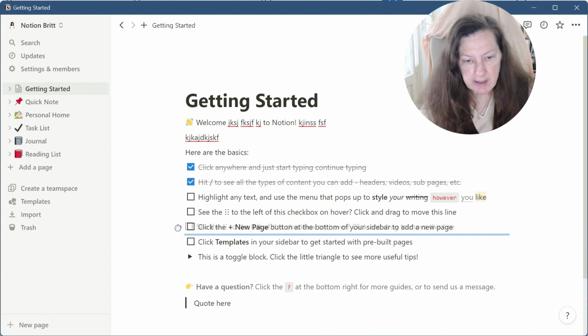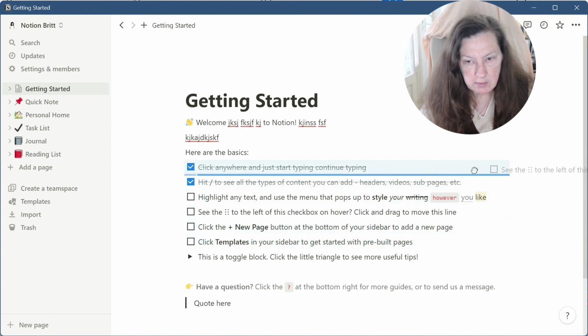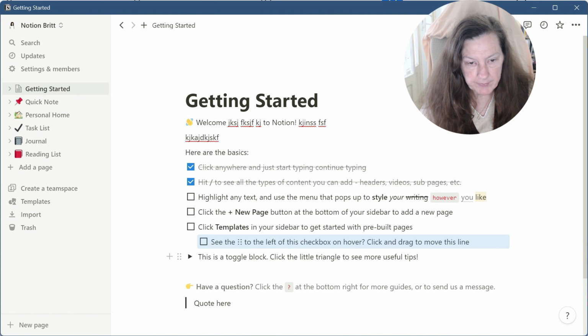And you can see where I'm going to place the line, because it shows a blue line where it's going to be. So it can either be below one of the existing lines, or if you drag it all the way out, you can even add it to the side. For now, I'm just going to add it at the bottom,